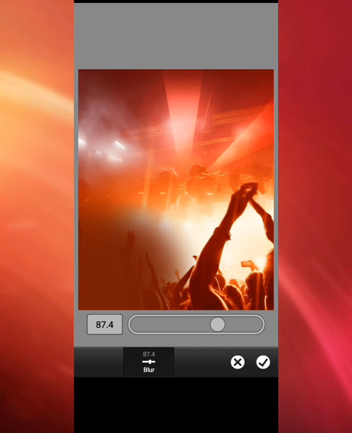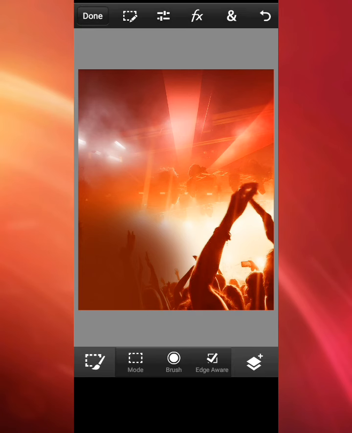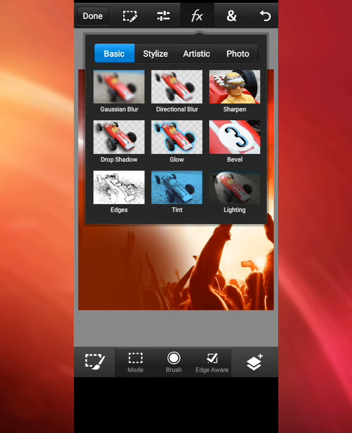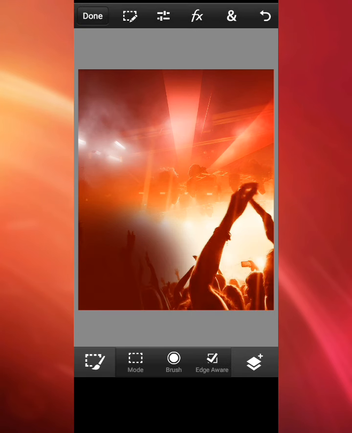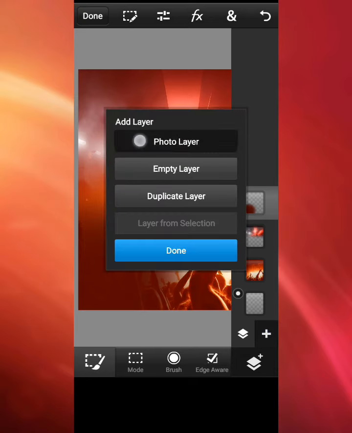Right, so have that blurred. And we're going to just come to here, click on curve. The last thing we did, last setting is going to be the effect on this particular stuff. Right, so I'm likely to make this more dark. So the next thing I want to bring in this